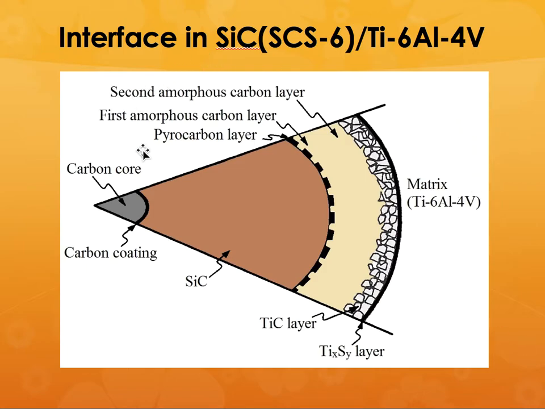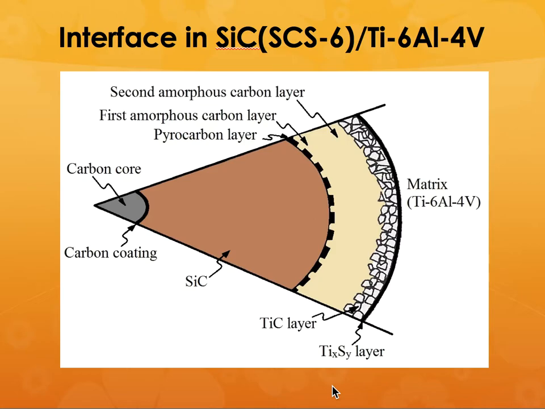So you can see, in a schematic at a much larger magnification, that you have carbon fibers or silicon carbide fibers. You take a carbon fiber and put a silicon carbide coating on top of that, and then you put yet another coating of a secondary carbon layer, and then you put a final layer of titanium carbide. And this is such that the fiber does not react with the matrix, which is the Ti64 type of alloy. So by doing that, you can still get much higher properties. But the difficulty with this kind of an approach is that this fiber could be as much as about 200 to 300 microns in diameter,